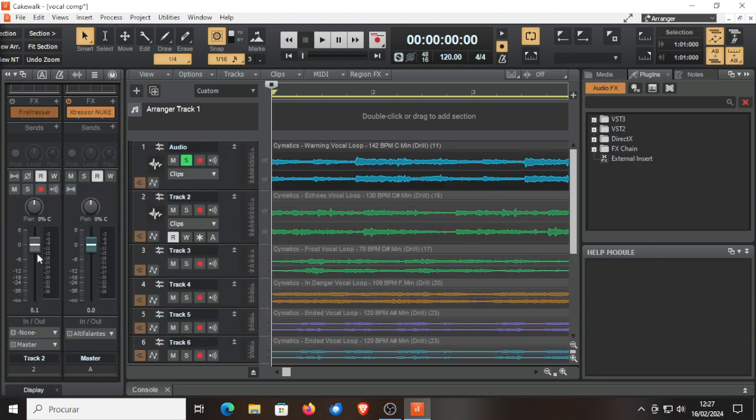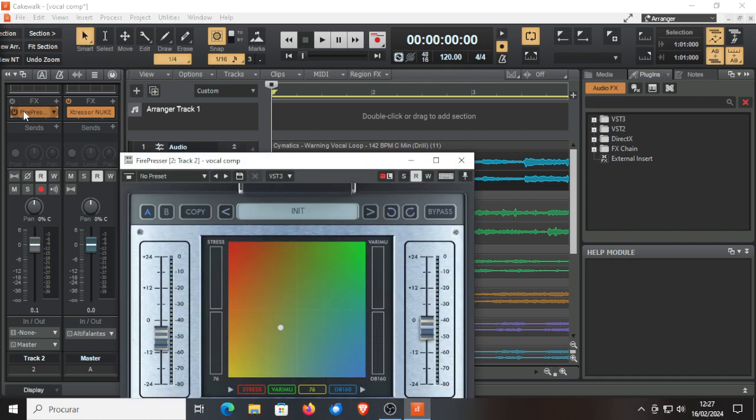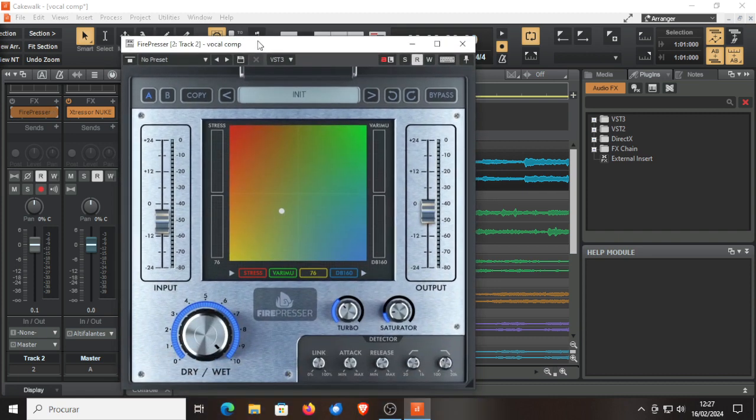And number two is Firepresser. Firepresser is the same as the Extressor. It's four compressors in one. You can see that over here. We have Stress, Varimu, 1176 and a DB160. How this works over here is you have, of course, presets. But how this works is